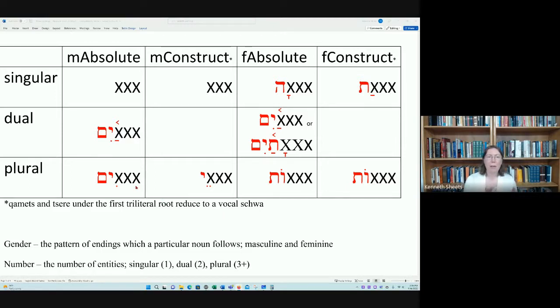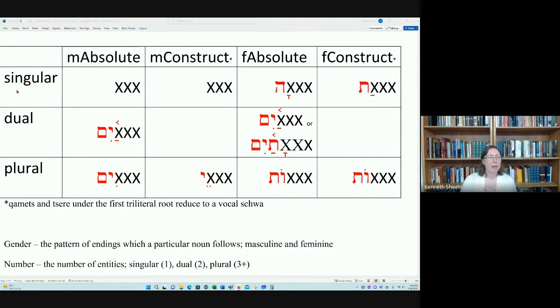So, remember when we're talking about Hebrew nouns, nouns can be identified based on their gender, number, and state. Gender refers to the pattern of endings that they follow. Some nouns will follow a masculine pattern of endings, and we label it masculine for the sake of convenience. Other nouns will follow a feminine set of endings, and again, we call that feminine for the sake of convenience. But basically, we have two different sets of endings, one of which we label masculine, the other of which we